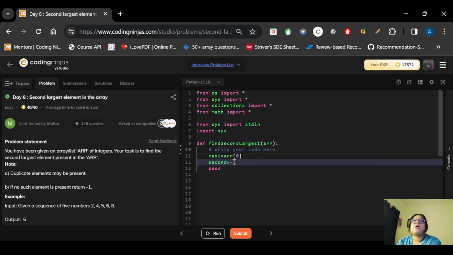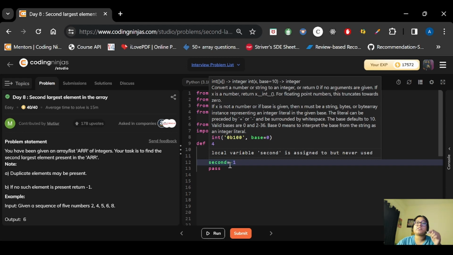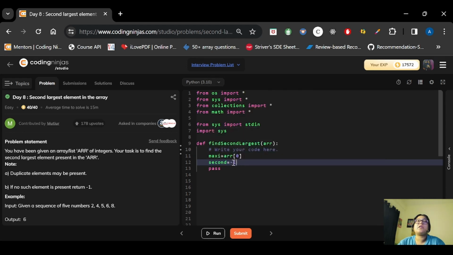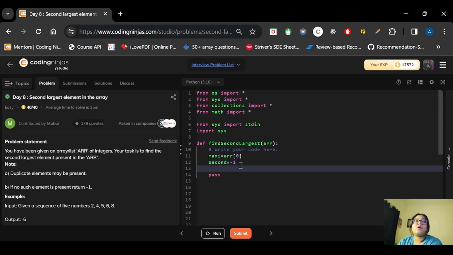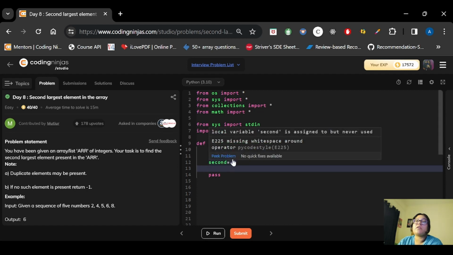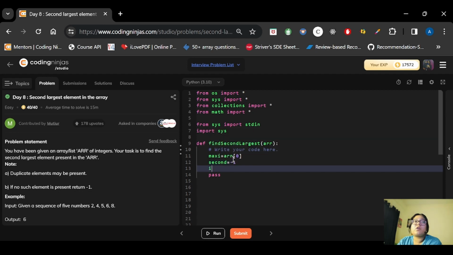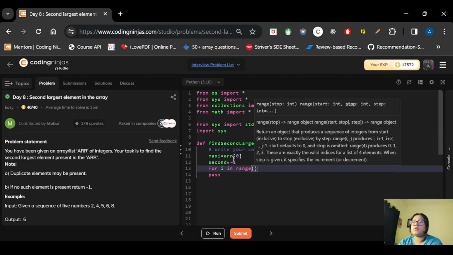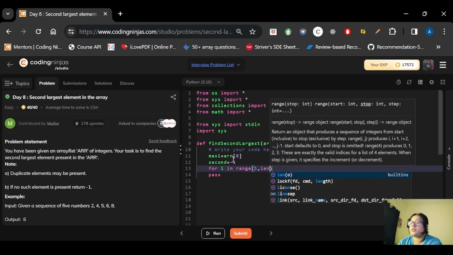Why am I saying this? Because this -1 can be contained inside the array also, and there is a high possibility that this value will not change, and we will face an error or a wrong answer, okay. We will see that. Let's now move on with the approach only, okay. Why am I saying this? Like minus 1 is contained in the array, and let's say we have a value which is minus 15, and there is only a possibility to assign that minus 15 into your second if you are comparing it. Okay, and according to the comparison that we have, let's see, for I in range, we will go from 1 to length of array, right?